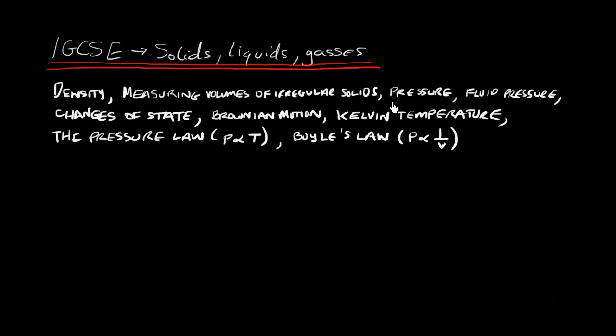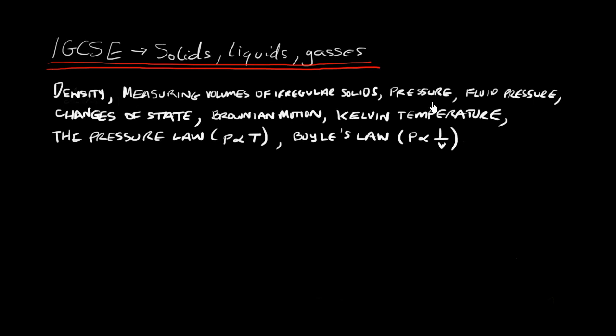Then we'll talk about the equation and a couple of examples of ways of working out the pressure exerted by a gas or a force. Then there is the pressure exerted by a liquid, here fluid pressure, and the equation that goes with it. Then we'll talk a little bit about the changes of state in materials, so as you go from solid to liquid and to a gas, how that happens, or what happens to the temperature of a substance as those changes of state take place. Then we'll talk briefly about Brownian motion,